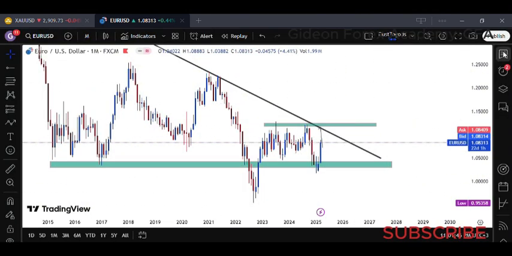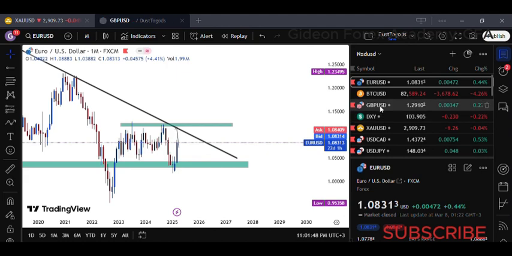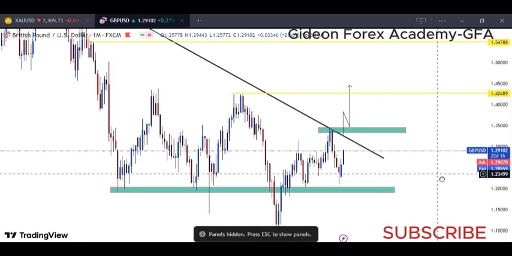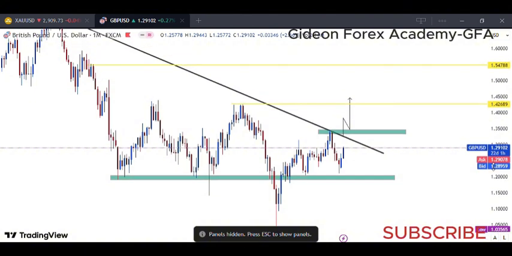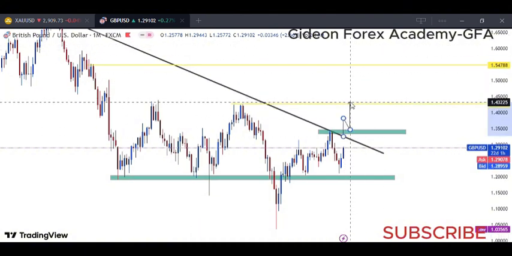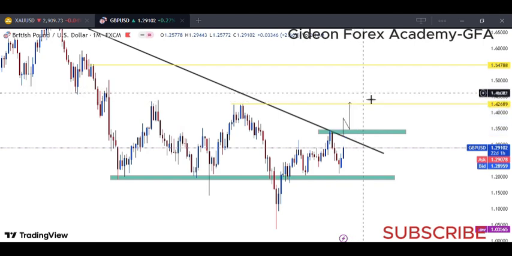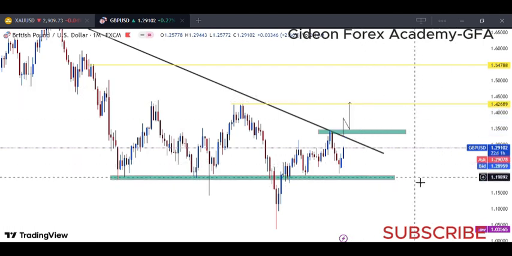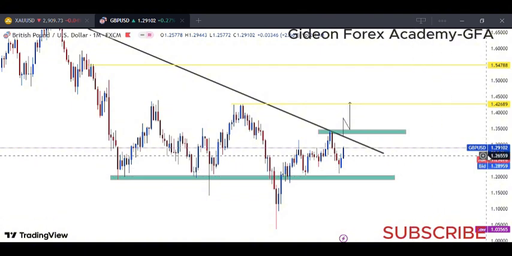And also you could buy GBP USD. Those are the ones I'm looking at this week, and every other pair that is involved with the US dollar. If the US dollar is the quote currency in that pair, you are going to be looking at buying. If the US dollar is the base currency, you are going to be looking at selling. That's basically what I'm looking at this week. So be careful, guys.